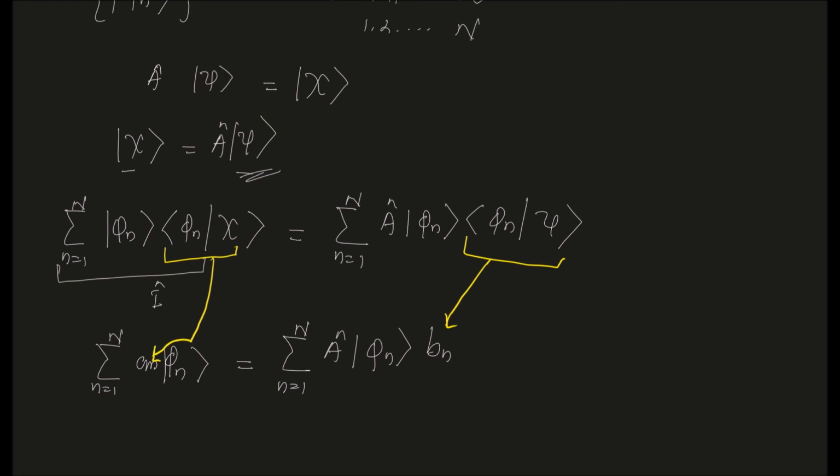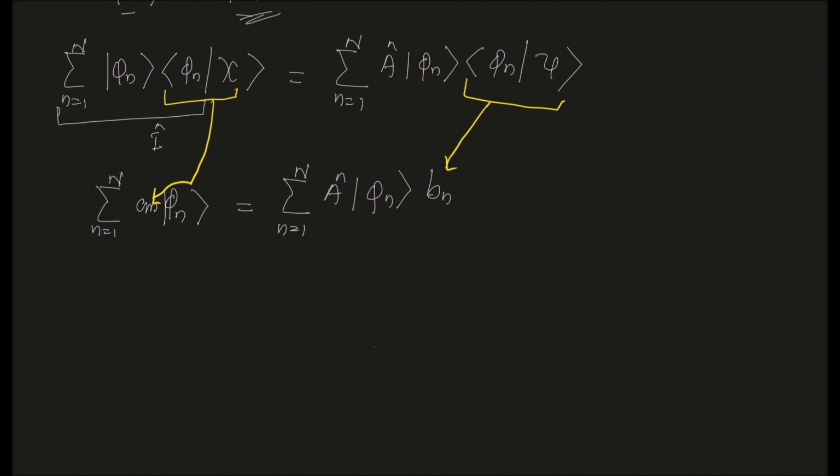An is given by this inner product. Okay, now let's multiply both sides with a bra vector phi m. So both sides of these equations can be multiplied by a bra vector phi m, then this will give us sigma n equal to 1 to capital N, you have the coefficients an, then bra phi m ket phi n, this is equal to